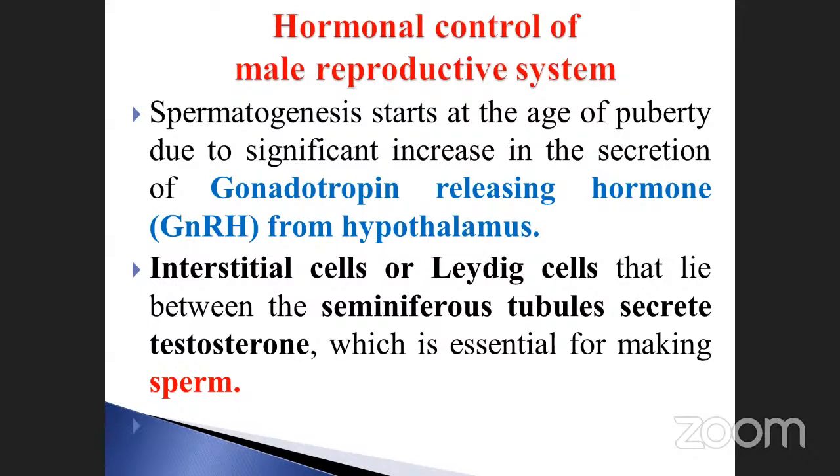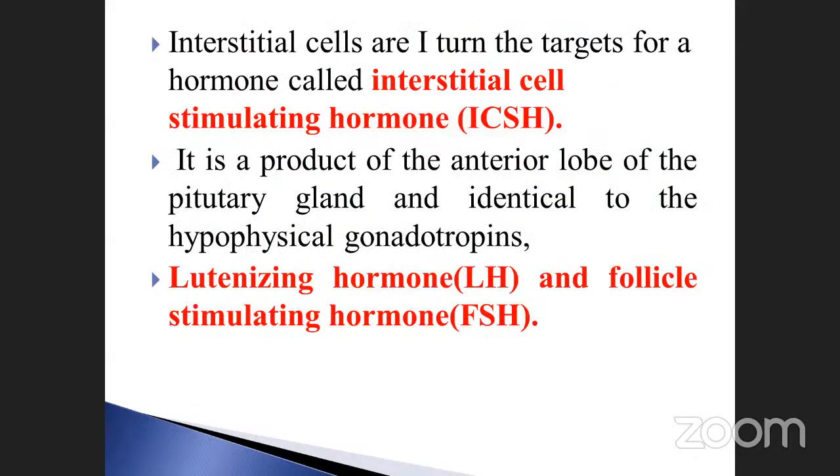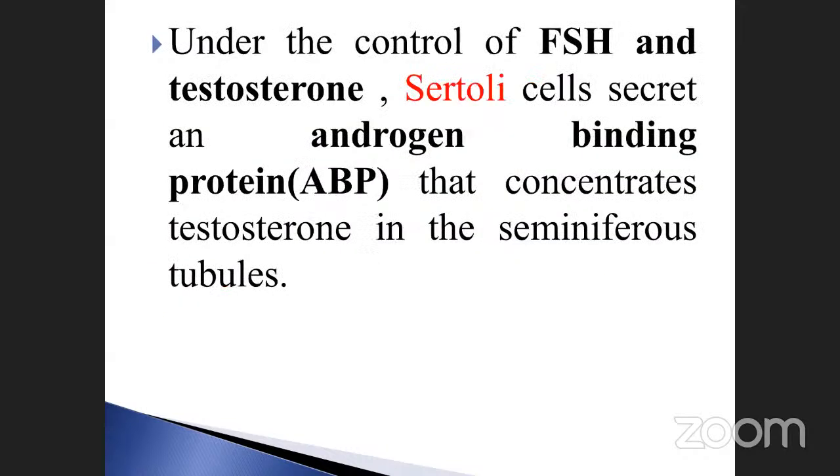And another one is called testosterone, and then interstitial cell stimulating hormone is also there. And the pituitary gland also produces hypophyseal gonadotropins, luteinizing hormone and follicle stimulating hormone. Okay, see that? Under the control of the FSH, once again, under the control of the FSH and the testosterone, these two hormones are responsible for the Sertoli cells to secrete an androgen binding protein that concentrates testosterone in the seminiferous